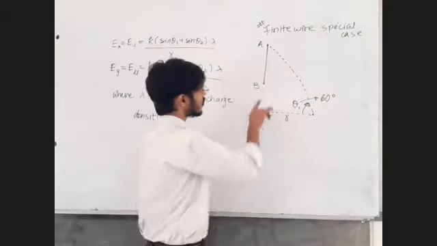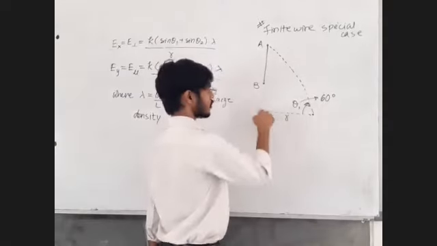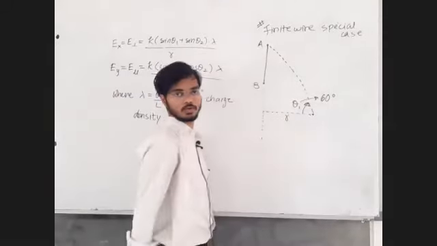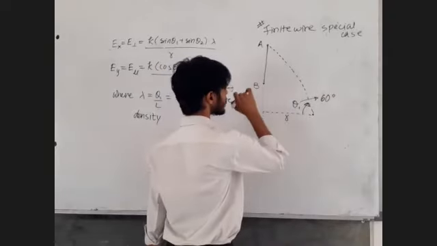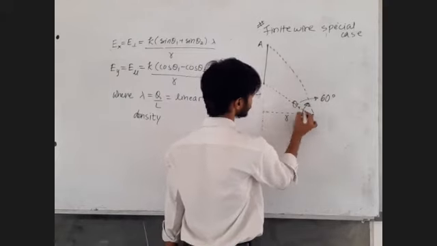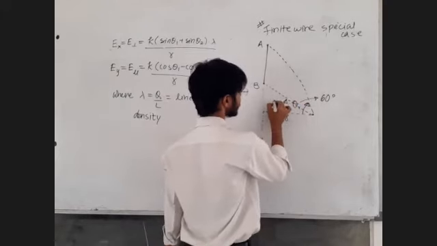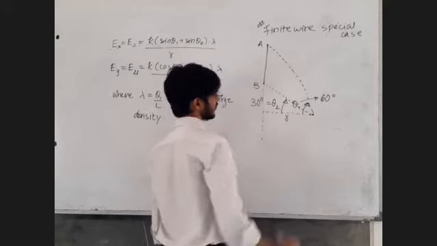Sir, for the lower point, we again have to look up. For the lower point, we should look down. But from this point, for the lower point, we again have to look up. Okay, sir, what does that mean? Let's say this angle is given to you as 30 degrees.